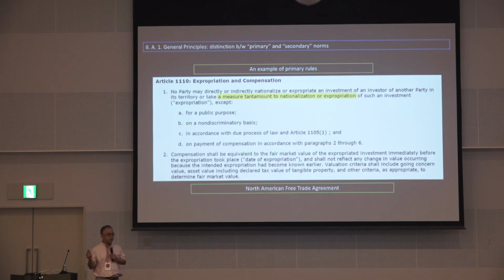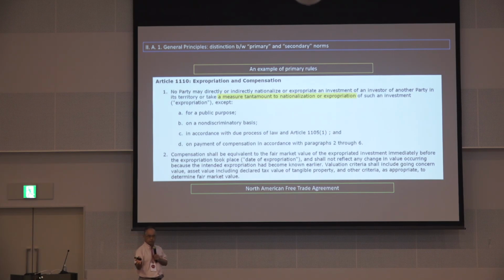And this kind of provision can be found, as a matter of fact, in 1789 in the Declaration of the Rights of Man and of the Citizen, adopted in the midst of the French Revolution. And you can expropriate. I mean, a state can expropriate, but under certain conditions, including compensation. That includes a measure tantamount to nationalization and expropriation, which means that, well, you are going to learn this in detail with Professor Tamada, but in a nutshell,